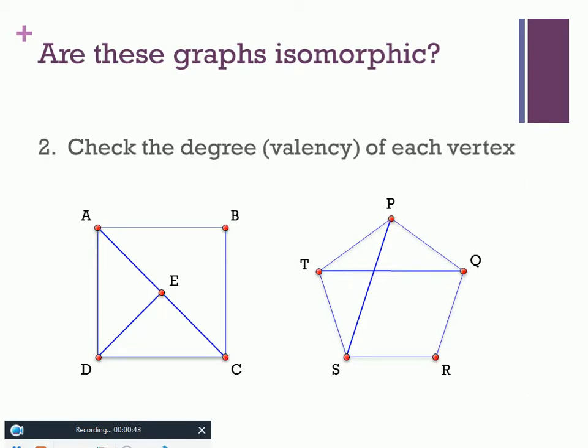The next thing to do is to check the degree, or the valency, of each vertex. So we can see that vertex A has degree 3, B has degree 2, C has degree 3, D has degree 3, and E has degree 3. For the other graph,